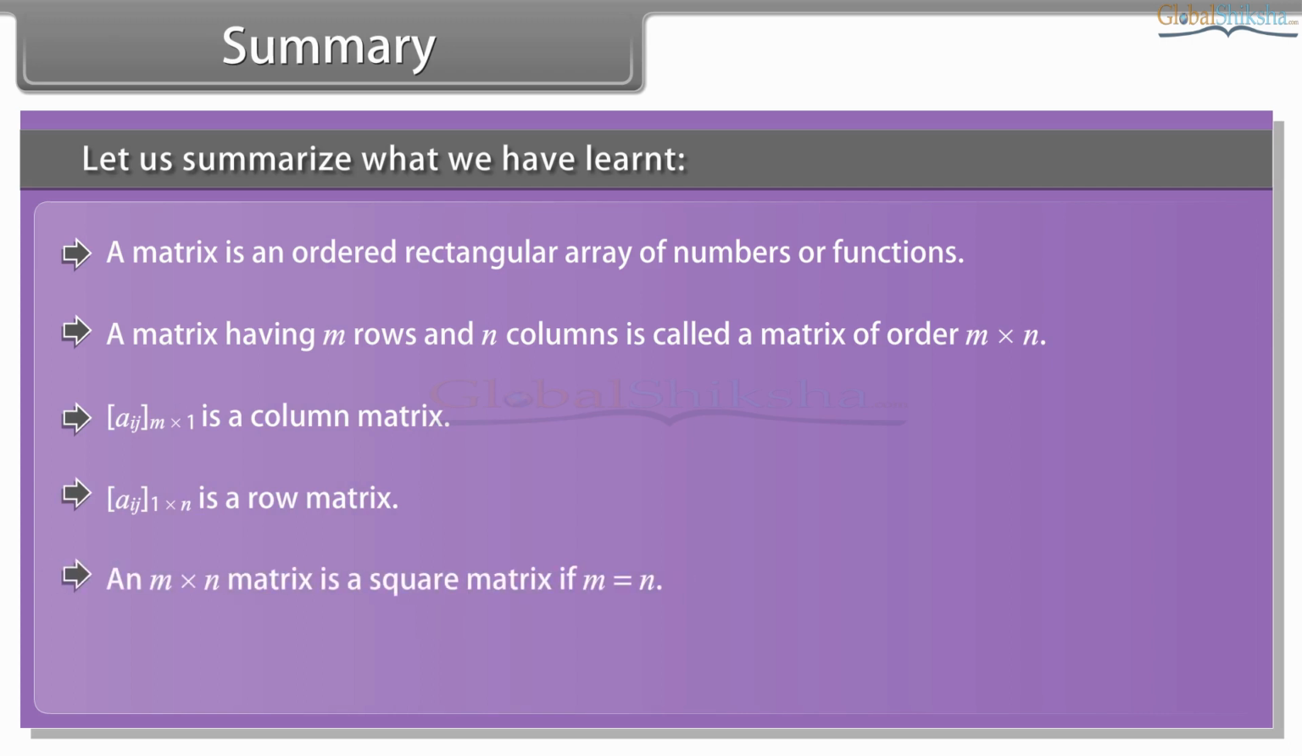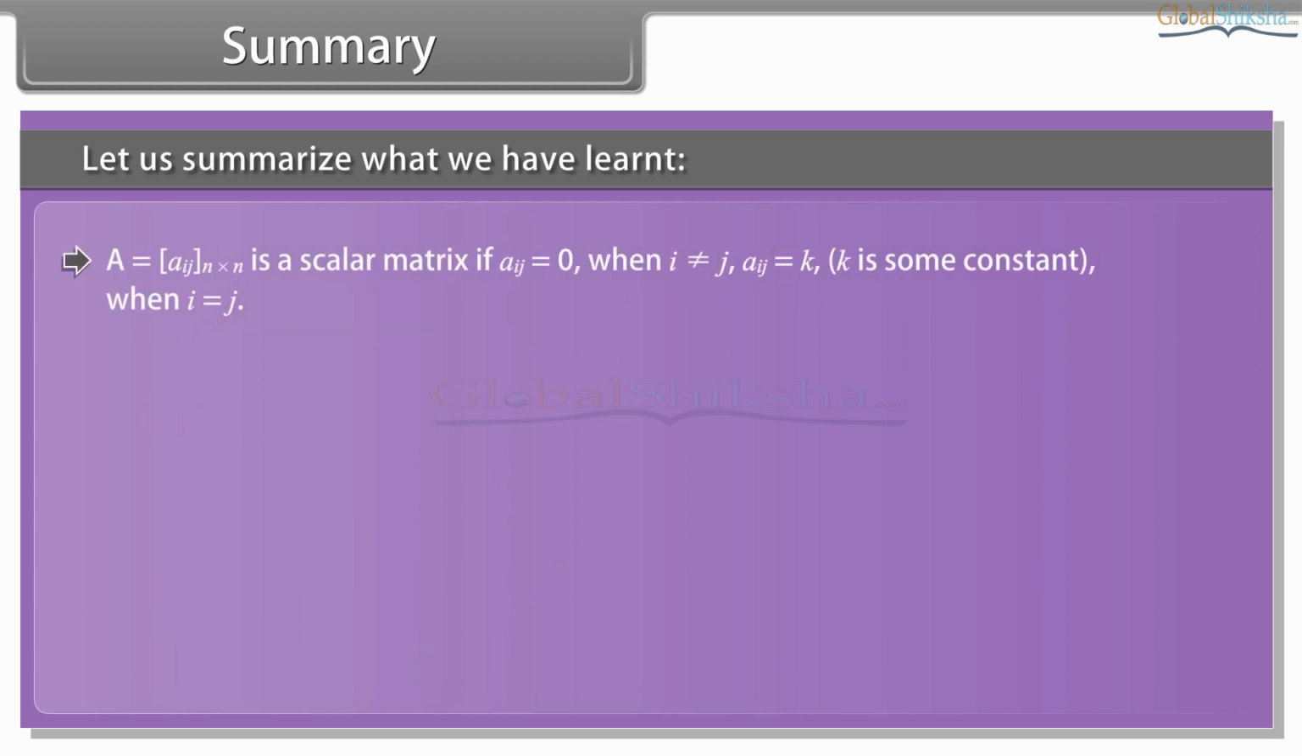An m by n matrix is a square matrix if m is equal to n. A = [a_ij]_{m×m} is a diagonal matrix if a_ij is equal to 0 when i is not equal to j. A = [a_ij]_{n×n} is a scalar matrix if a_ij is equal to 0 when i is not equal to j, a_ij is equal to k, where k is some constant, when i is equal to j. A = [a_ij]_{n×n} is an identity matrix